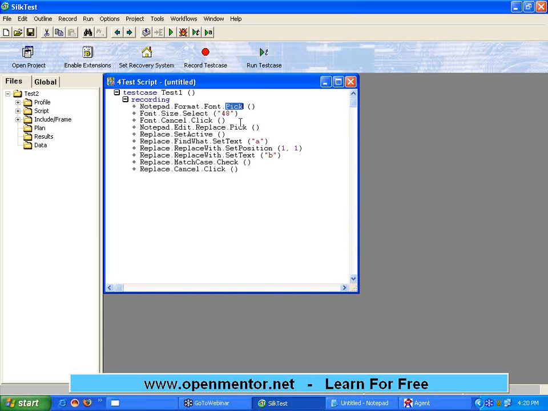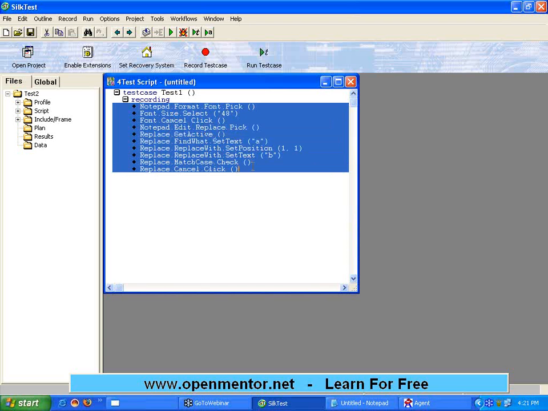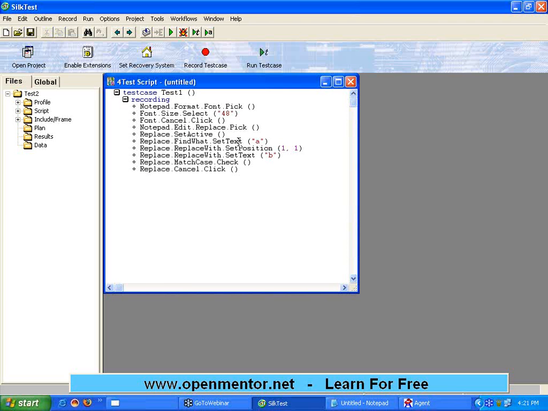Window.object.action is an inevitable pattern in all the places. The only thing is, this syntax is called 4Test. You could see 4Test. The 4 has to be pronounced as four test, right? The language SilkTest is using is 4Test. QTP uses VBScript. Rational Functional Tester uses Java, right? Except the syntax part, the portion is window.object.action.